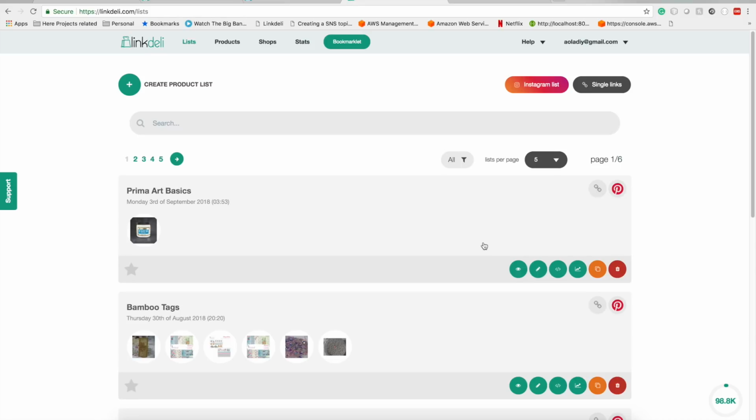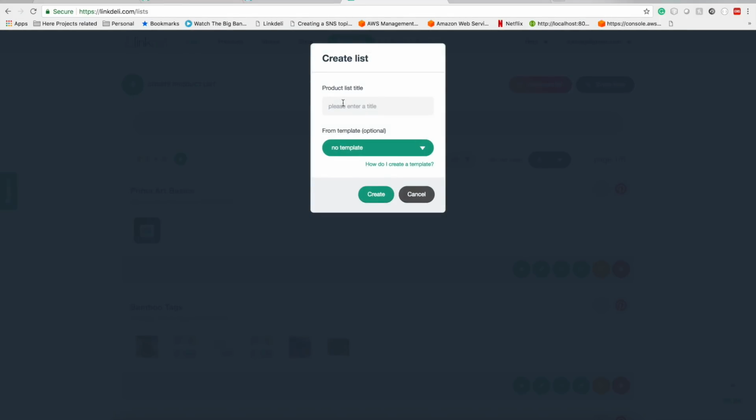And the best thing is I didn't have to reinvent the wheel, right? I was trying to make a software like this on my own, and the whole thing is already made, and it's way better than what I had imagined. So now let's go ahead and make a product list. The first thing I'll do is click on this button called create product list, and let's call it